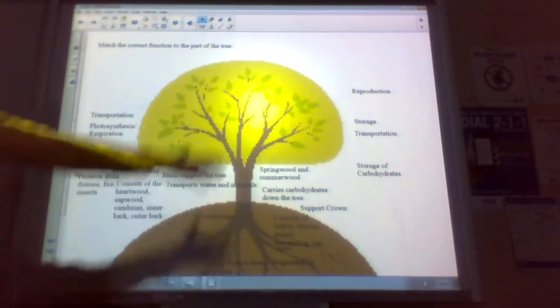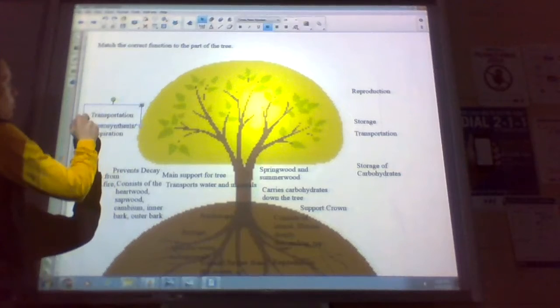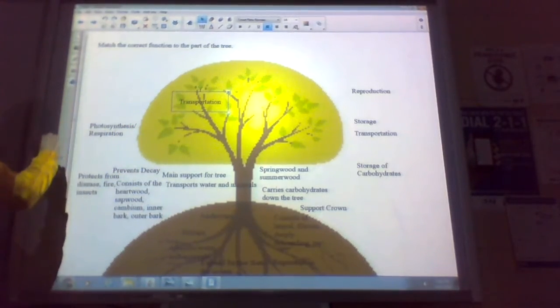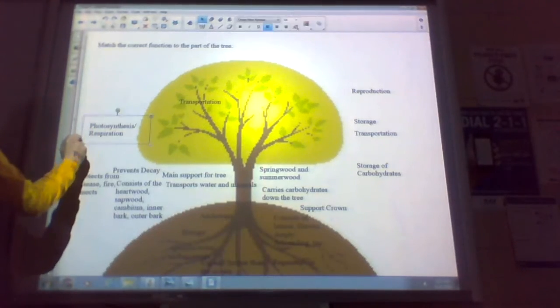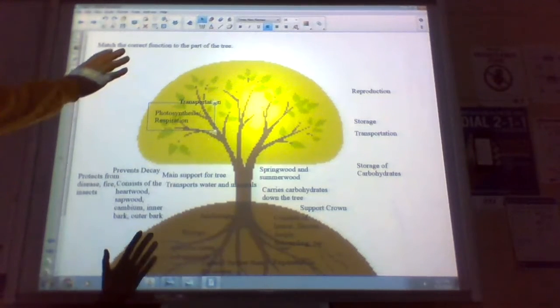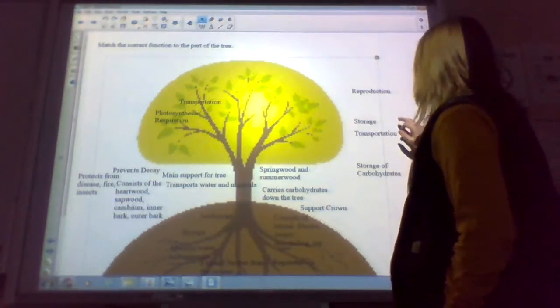All right, the top part then is our crown, and the crown is going to aid in transportation. It's going to move some of our carbohydrates down the tree and to other parts of the tree. It's going to perform photosynthesis and respiration, something you would have learned about in biology, but that's necessary to produce specifically carbohydrates or sugars known as glucose. Glucose is produced in the leaves, and then it is transported down the tree so that the trunk and the roots get all the energy they need to survive. You'll find that some of that carbohydrate ends up being stored